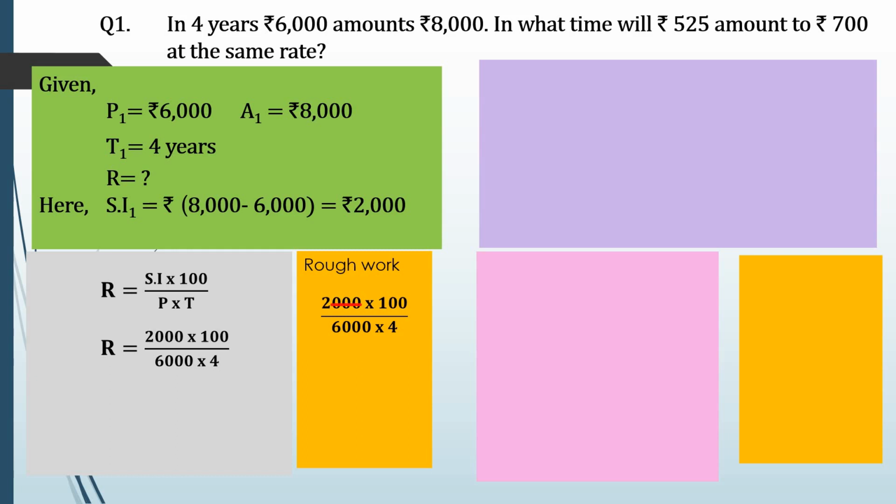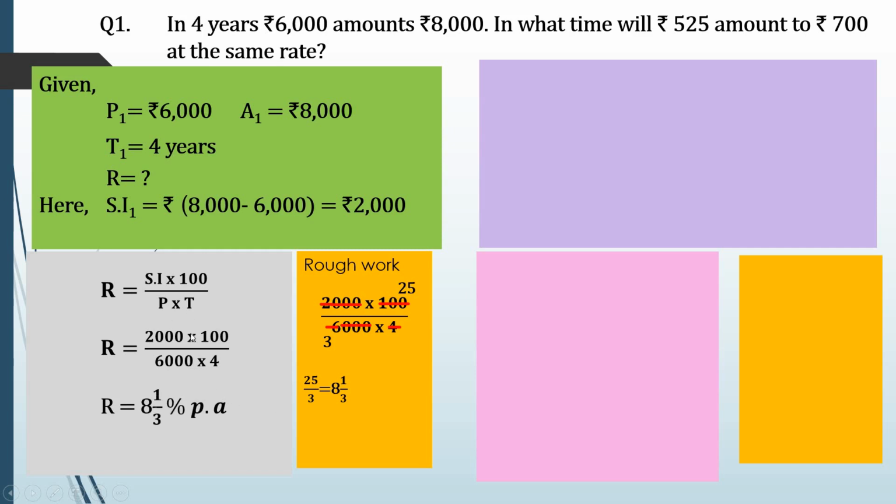In the rough column, we'll first cancel 3 zeros. That will make our solution easy. Now 2 1s are 2 and 2 3s are 6. Now with 4 we can divide 100. 4 1s are 4 and 4 25s are 100. Now 25 upon 3 cannot be further divided, so we can convert this into a mixed fraction, and when we divide 25 by 3 we will get 8 1/3. Therefore